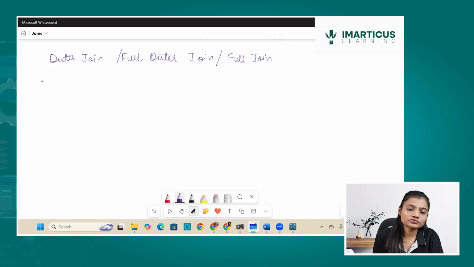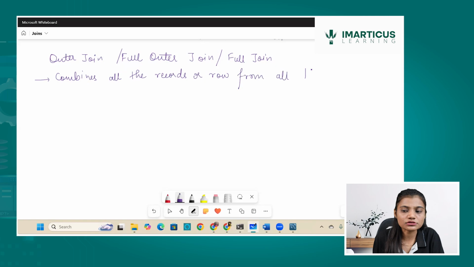Outer join combines all the records, or I can call them rows, from all the mentioned tables.